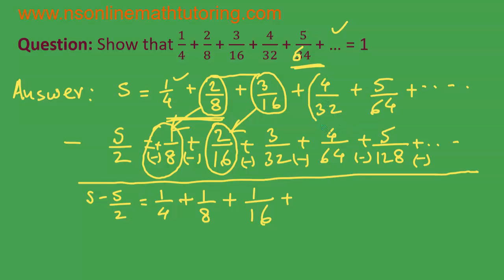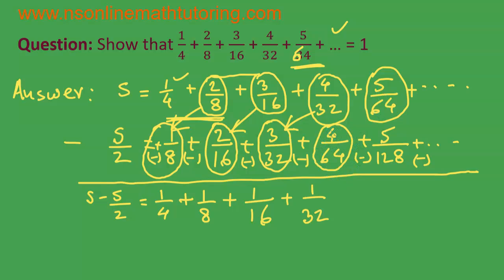4 over 32, 3 over 32, 1 over 32. Similarly, 5 over 64, 4 over 64, 1 over 64. And it continues. Now you see, this is an infinite geometric series with the first term as 1 over 4